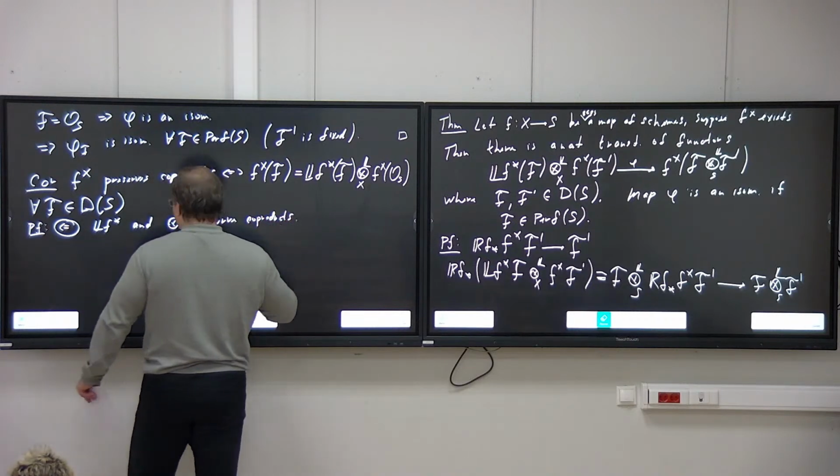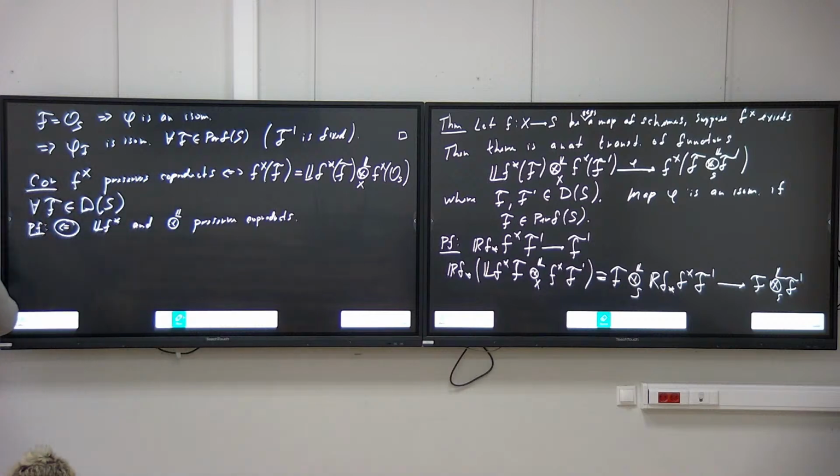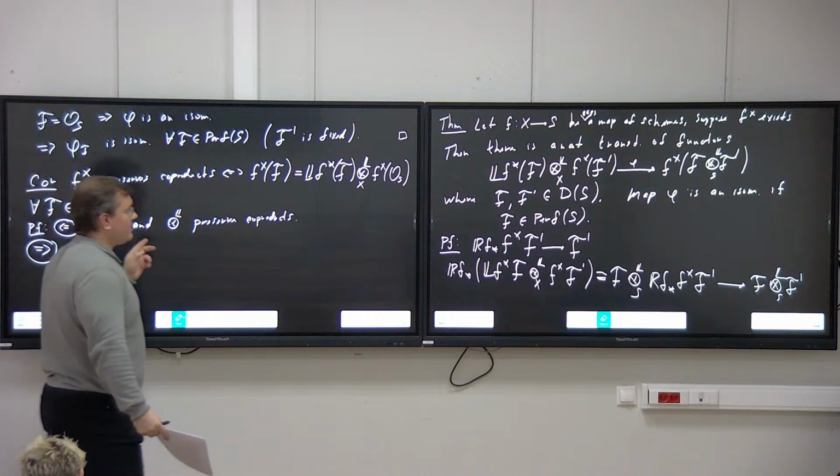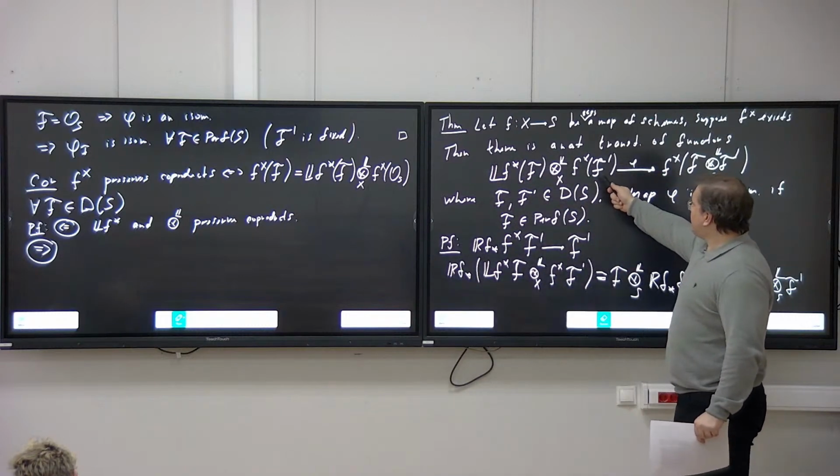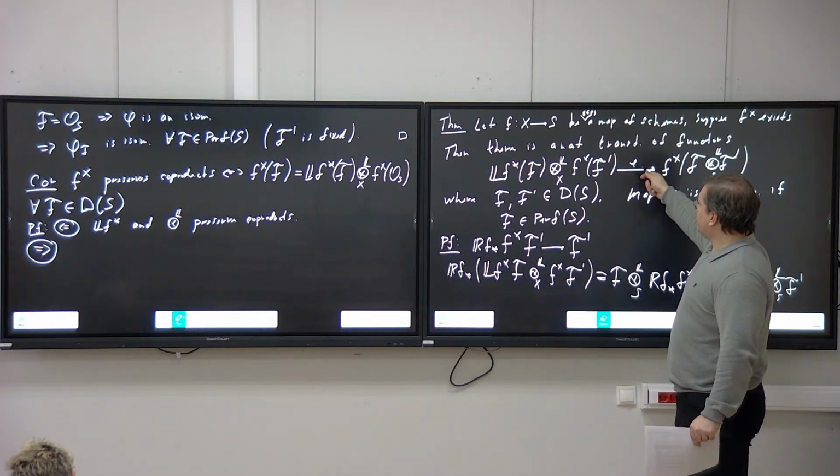So in the other direction, when you have this additional property that f with a star preserves coproducts, if you look at the subcategory of objects, again, say